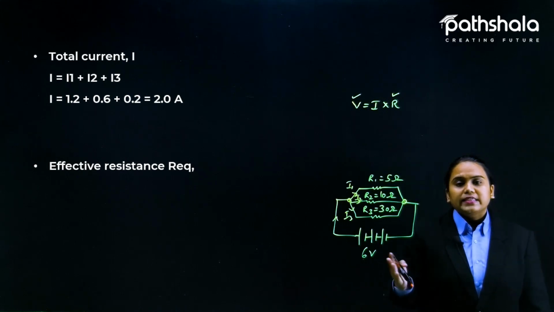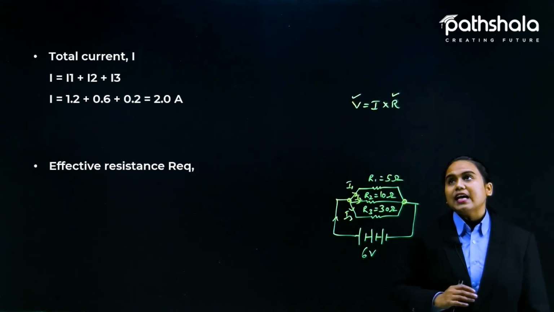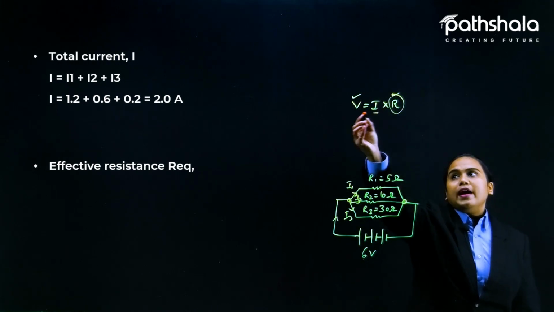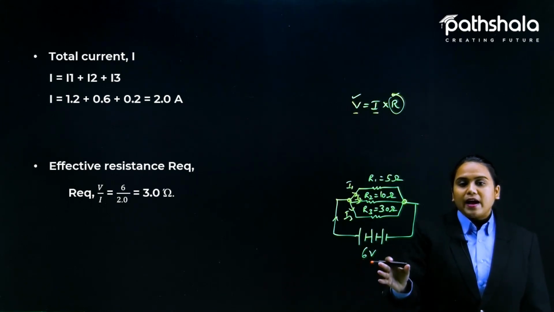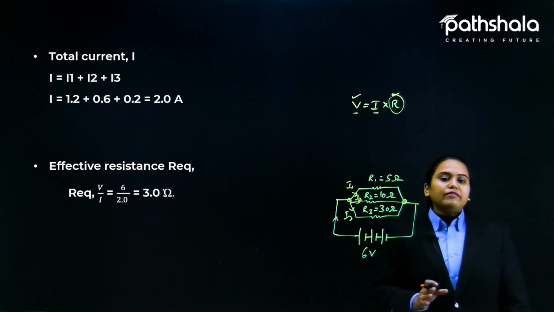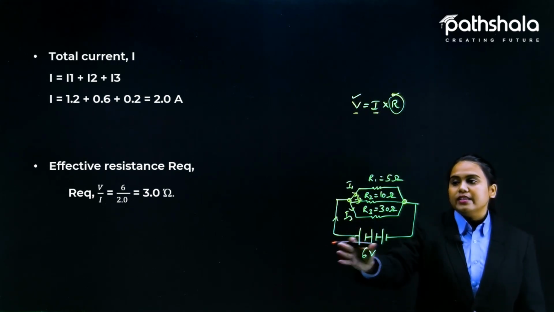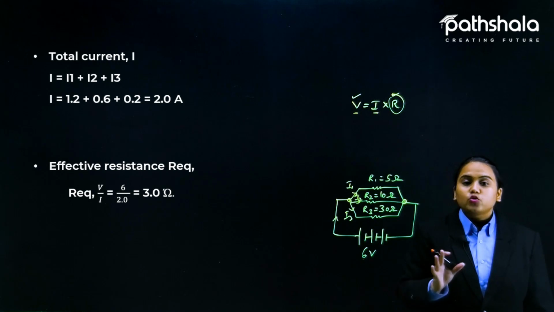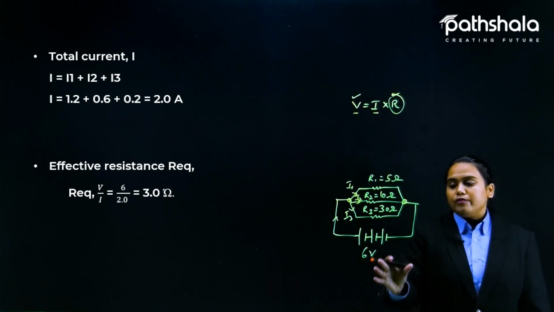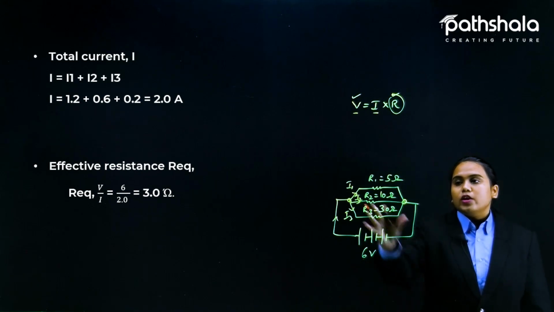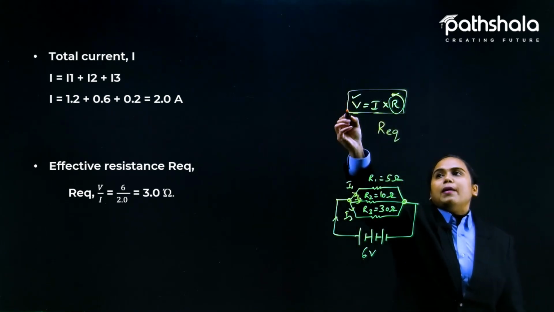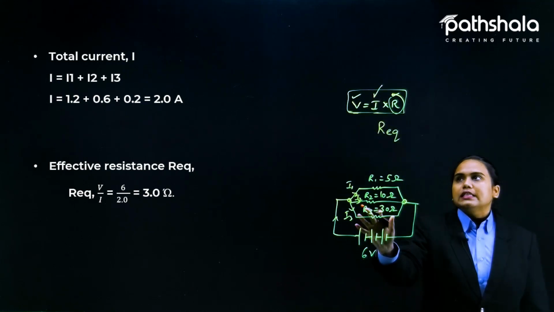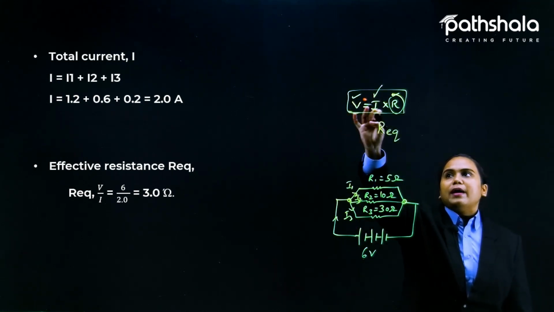And so, in this case, we can find the effective resistance, that is R equivalent, by dividing these two numbers. Again, V divided by I will be 6 divided by 2 ampere, because we have collectively found the value of total current running through this whole circuit, that is 2 ampere. 6 divided by 2 will give you 3 ohm. Fine. So here we are finding the value of resultant R equivalent by finding the total current in the circuit and dividing V by I.